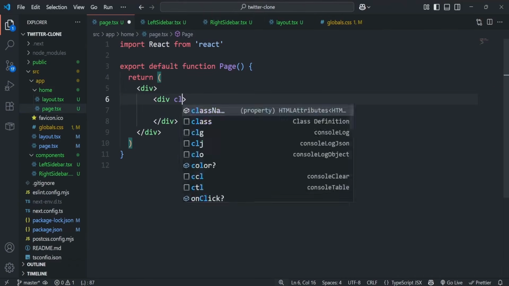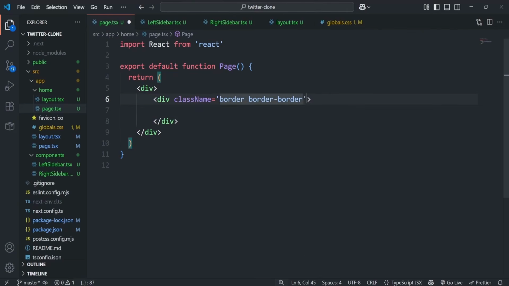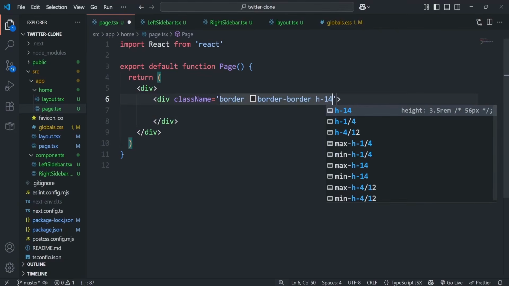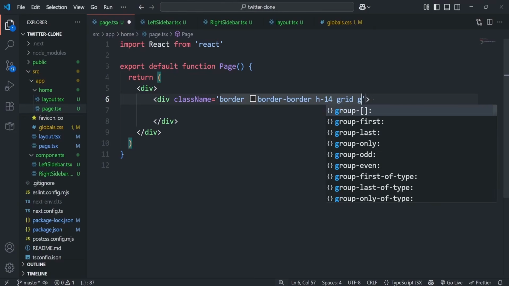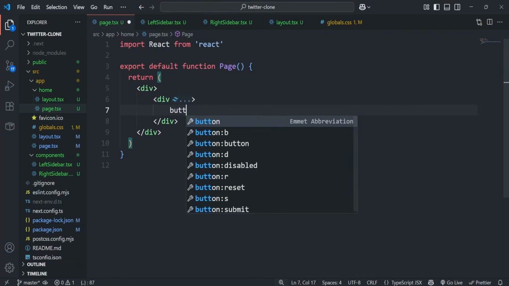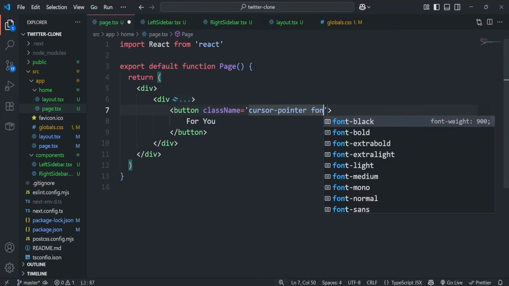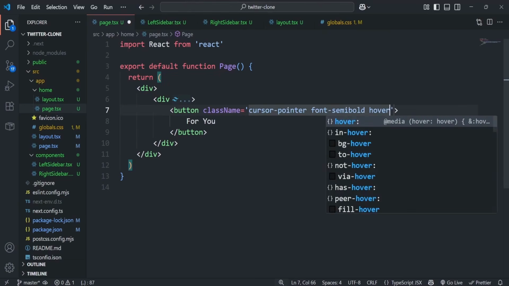This div is going to have a class name of border, and the border color is going to be border. I give it a height of 14 and display of grid, a grid cols of 2, which basically is grid template columns of repeat 2, minmax 0, 1fr in CSS, and then we'll do a text of white. And inside this div, we're going to have a button. This first one is going to say for you. We're going to add some Tailwind classes to this. I give it a cursor of pointer, a font of semi-bold, and on hover, I give it a bg